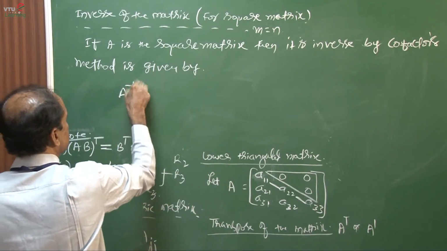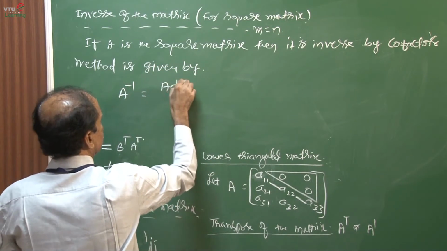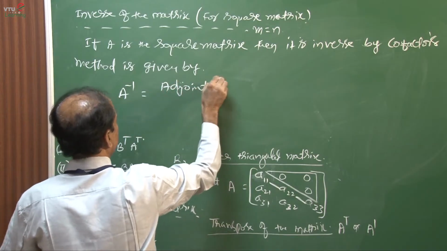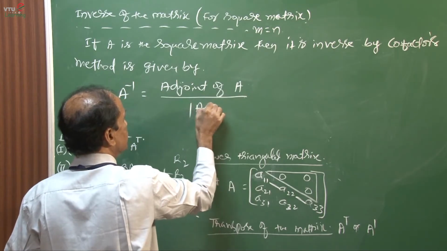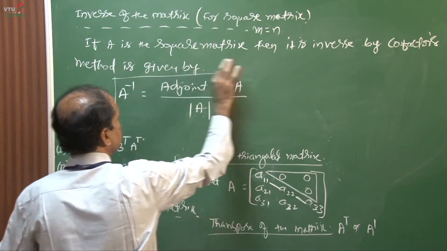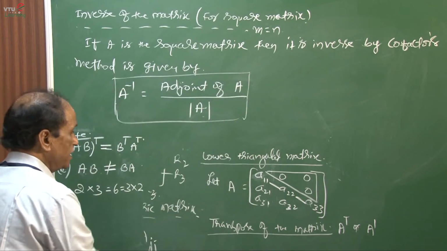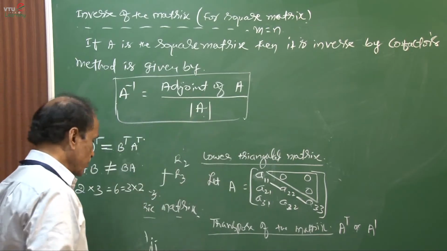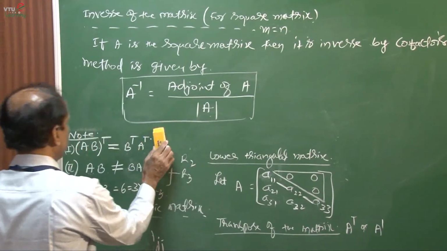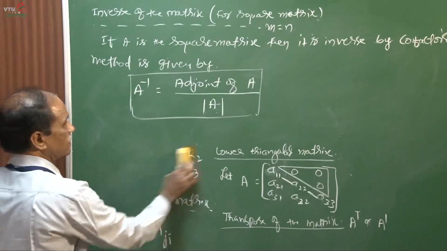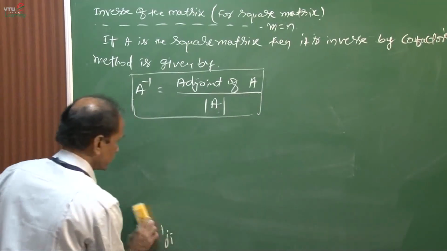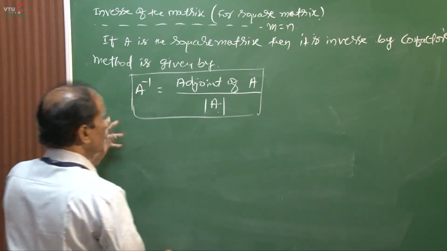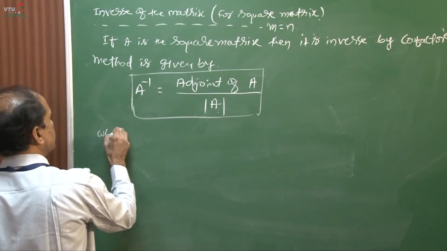A inverse is equal to adjoint of A divided by determinant of A. This is a very important equation. A inverse is equal to adjoint of A divided by determinant of A. What is the meaning of adjoint of A? Adjoint of A is nothing but the transpose of cofactors,